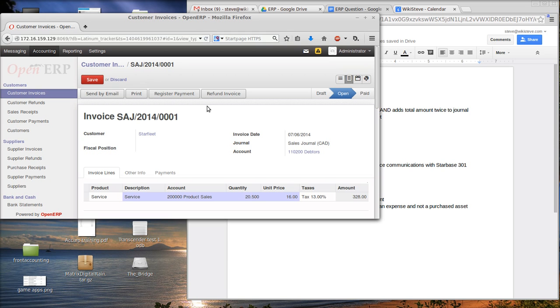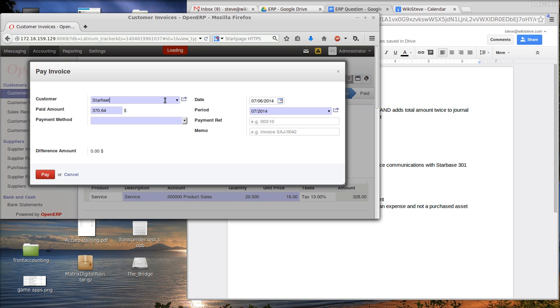Up to this point, I would understand that being an accounts receivable would be okay. Once I register a payment, though, I would kind of expect that it would come out of my accounts receivable. So depositing it in the bank,